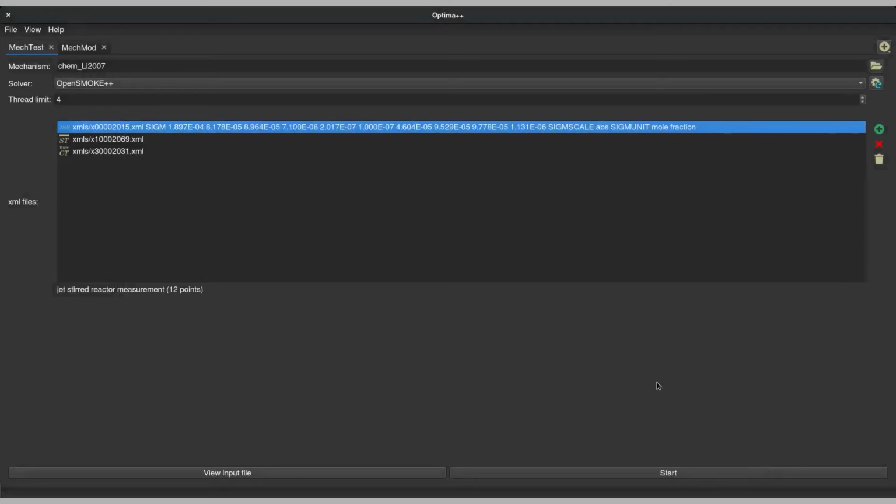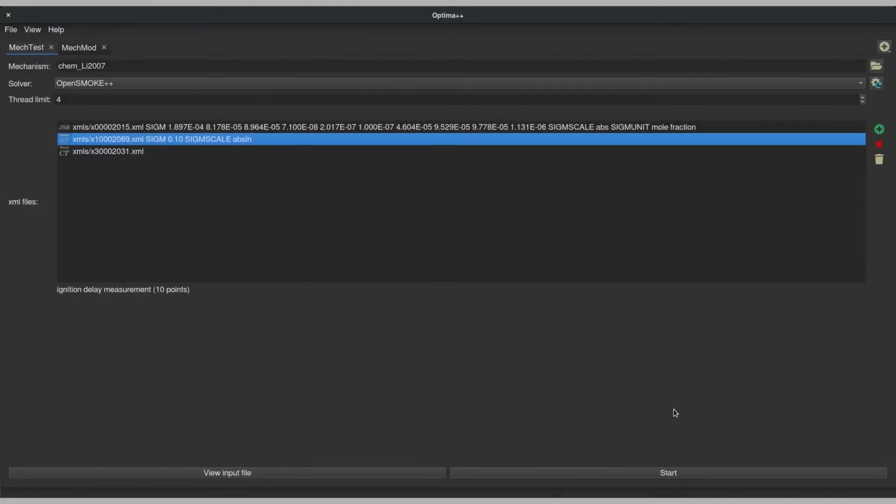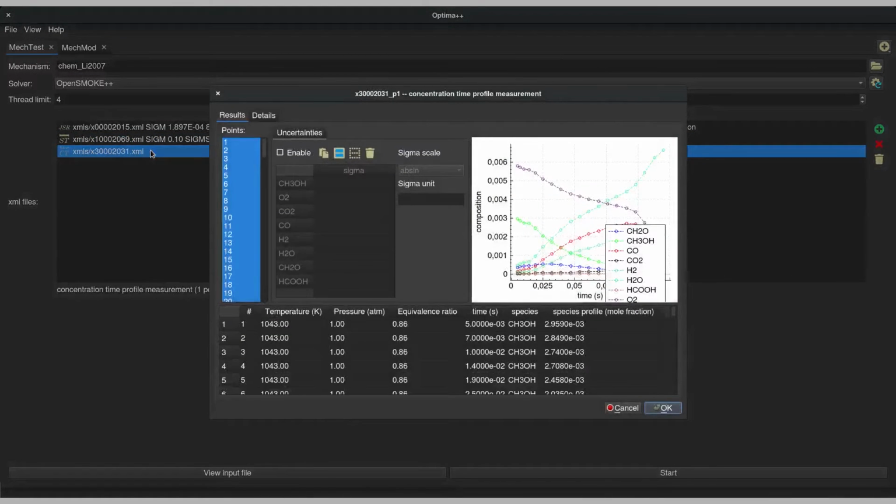The second XML file is an ignition delay measurement in a shock tube. I assign 10% relative error for each experimental data point in the XML file. The last file contains concentration-time profile measurements in a flow reactor.